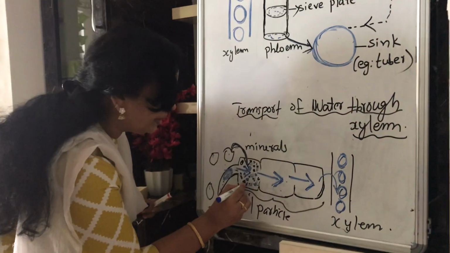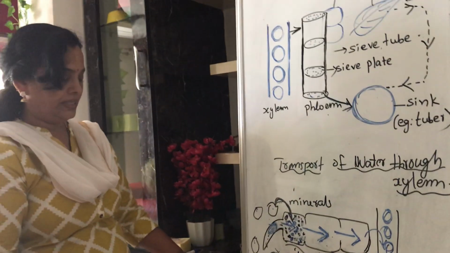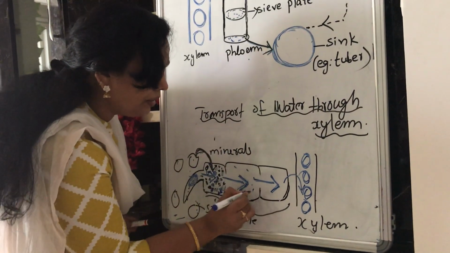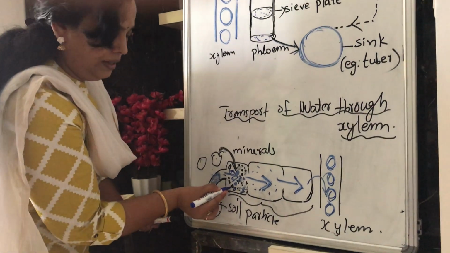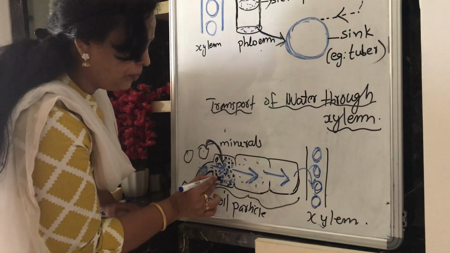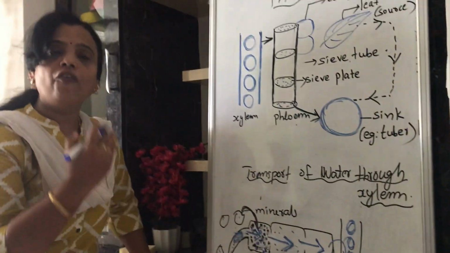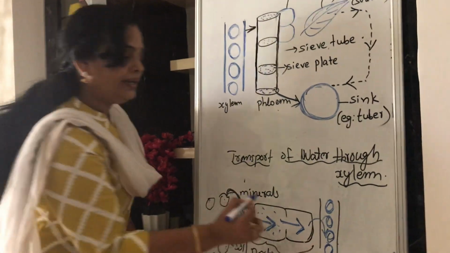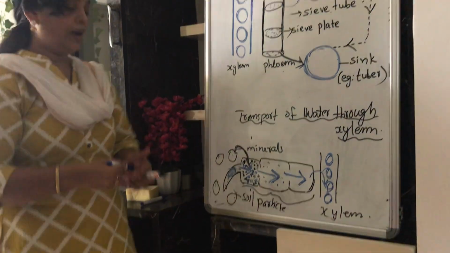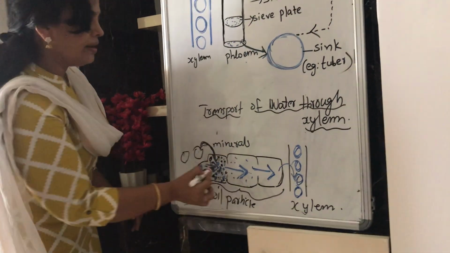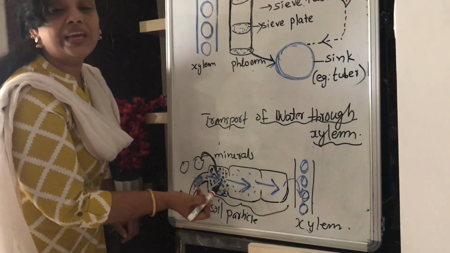The blue dots are increasing because water has entered into the epidermal cell. Now if you see here, the water molecules are comparatively less in the next cell than in the epidermal cell. So the water will move from this high water potential to the lower water potential. This way it goes on moving from one cell to the next cell till it reaches the xylem. This I have already explained in the previous lesson, but I did not talk about the mineral absorption. So I just want to make it clear why this cell has less water molecules initially.